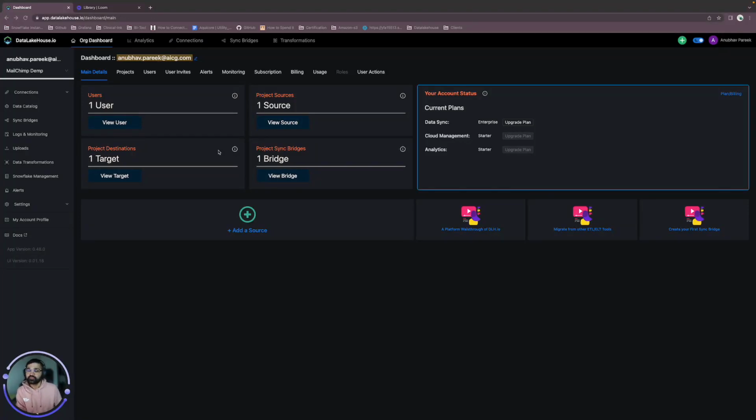Hello, everyone. As part of today's session, we will talk about using Data Lakehouse to load and transfer data from your MailChimp source into your Snowflake target warehouse. So let's assume that you have a scenario where you have your marketing data, your marketing funnel, your sales funnel,